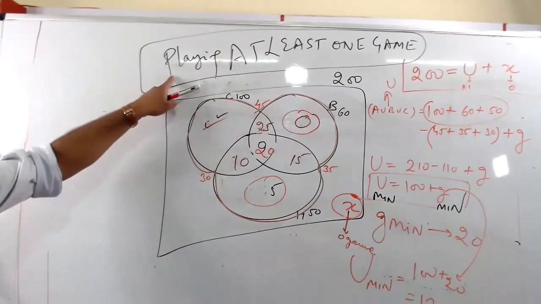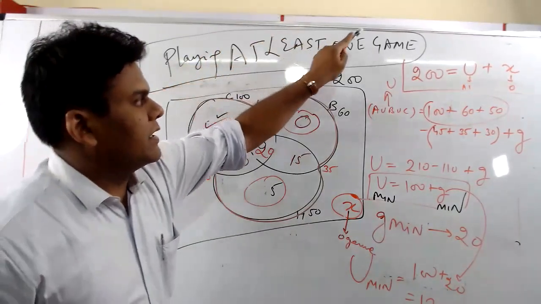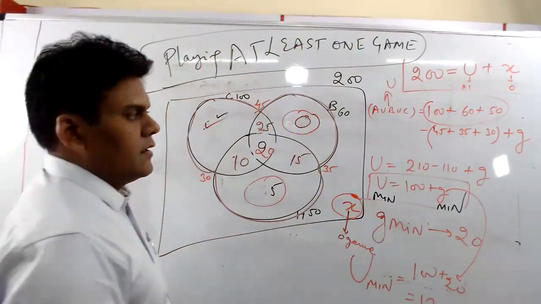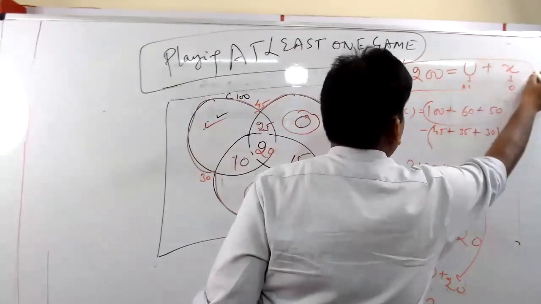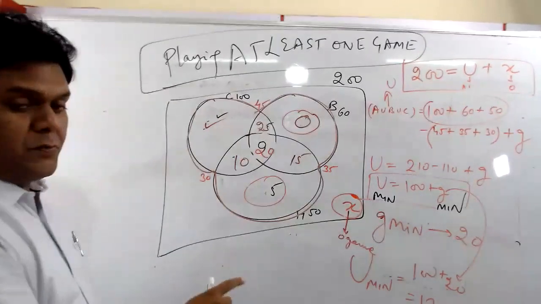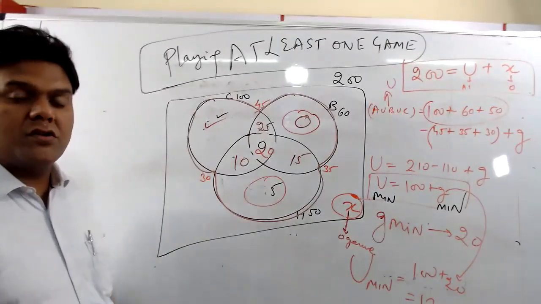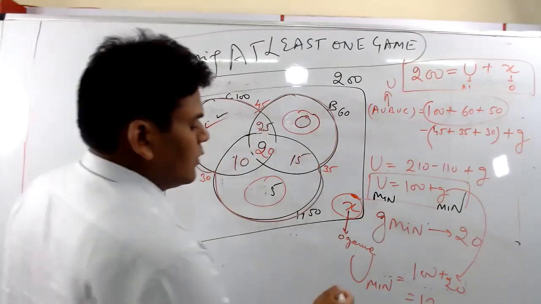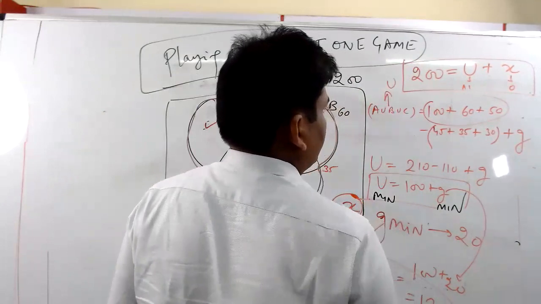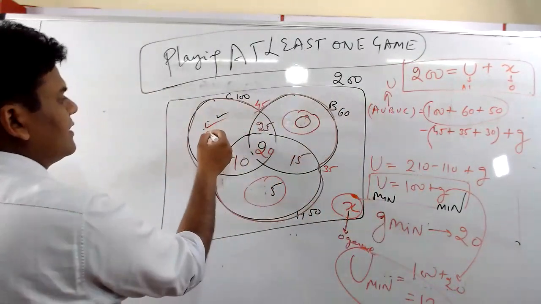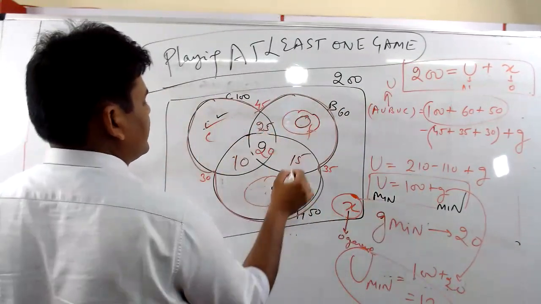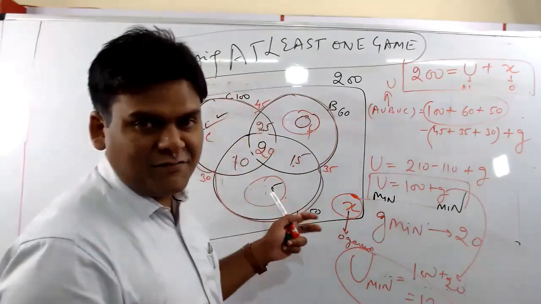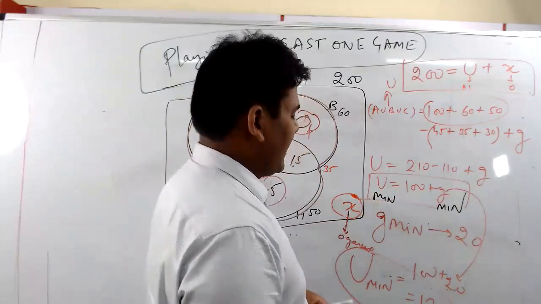Minimum number of students playing at least one game. Got it? Now why did I write this? So this is the best possible way, rather than making equations and making it a 3-page long question. What is the other way? Make equations, write this as variables E, F, G, A, B, C, and keep solving a lot of equations if you have ample time in the exam.